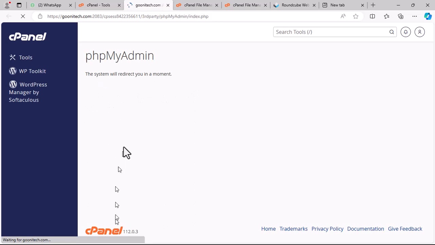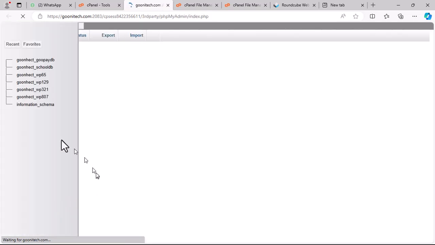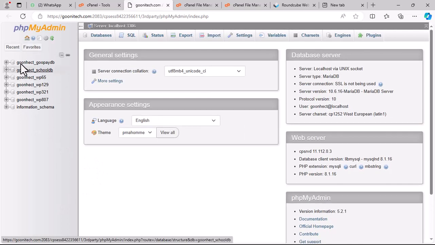Under phpMyAdmin, you see the list of available databases on this hosting plan. You can see these are the list of databases that I have, and the last one that we just created is this. You can see gunheck. When I click on this